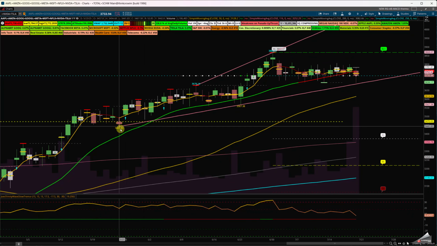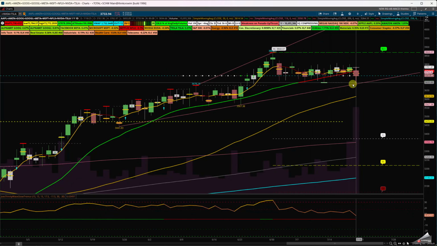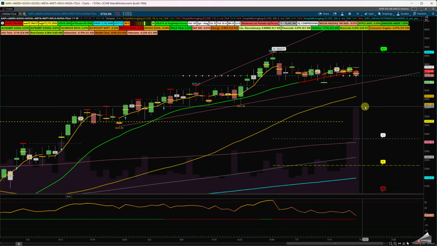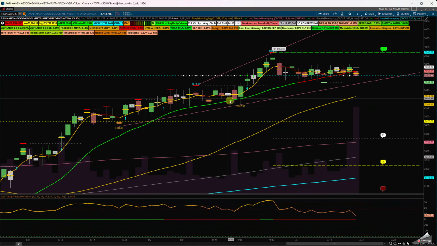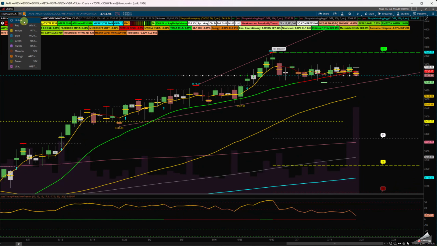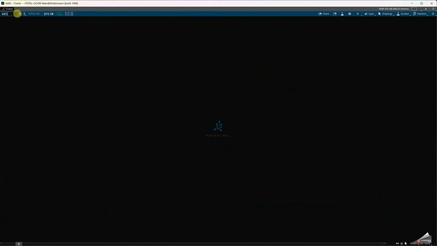This channel is very important, that control point on this combination in the 50 simple moving average. If we end up falling through, I'm paying attention to that 50 and that big large consolidation here because it's got volume. If not, I look for the backside of that retracement around the 20% in the combination of those instruments. So if I'm going to go and look individually, just Apple by itself, AAPL, and the reason why